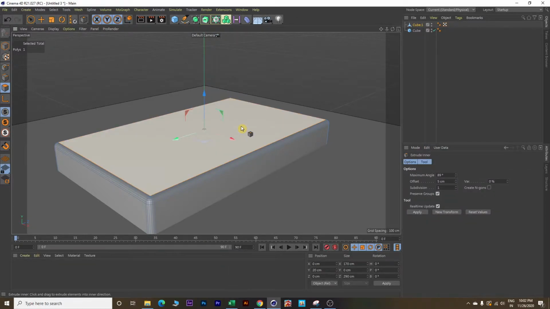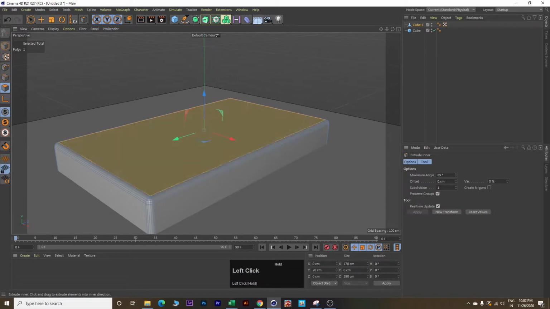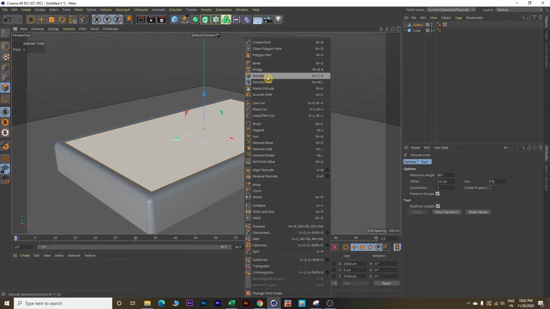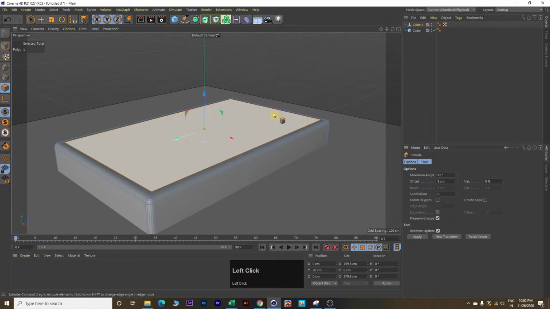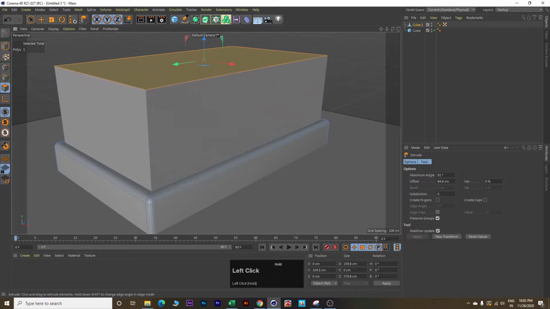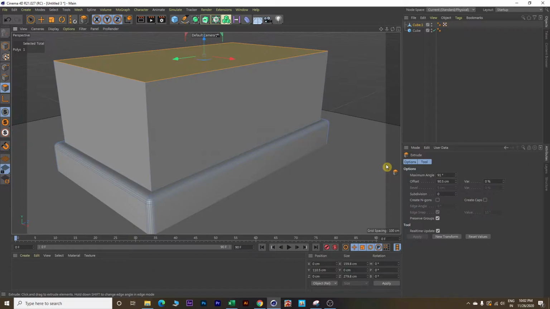Click and hold left mouse button and drag your mouse leftward. So this is what it does. Okay, next we will again right click and this time we will select extrude. Now click and hold left mouse button and drag your mouse towards the right. Perfect. This way we are making the walls for our house. Now make this offset value as 130. Enter.